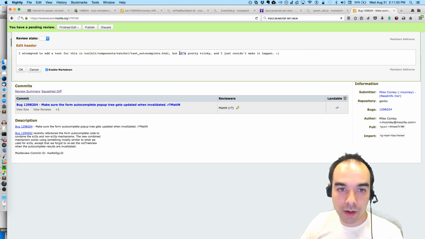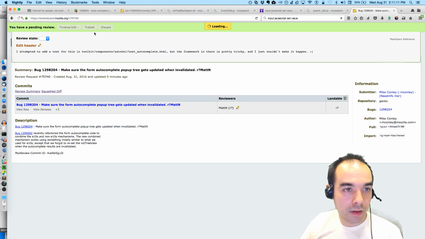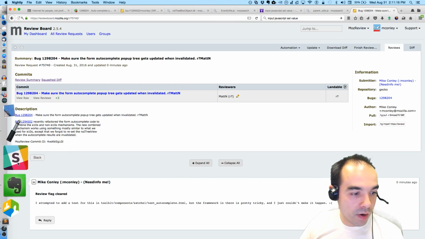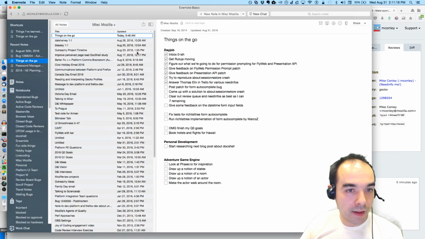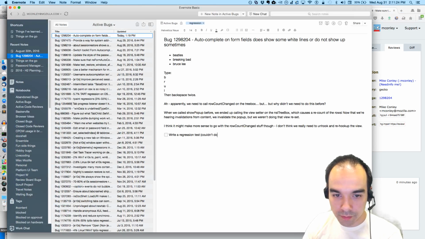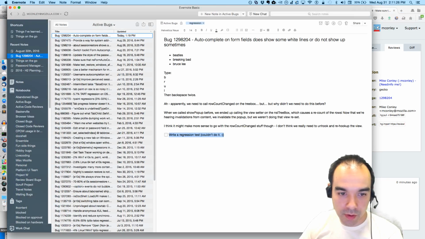But the framework is in there. Alright. Sad face. So this thing I wanted to do today was only like a 3-line patch, but I couldn't do it. Sad face.